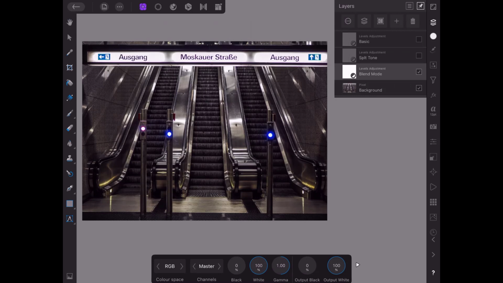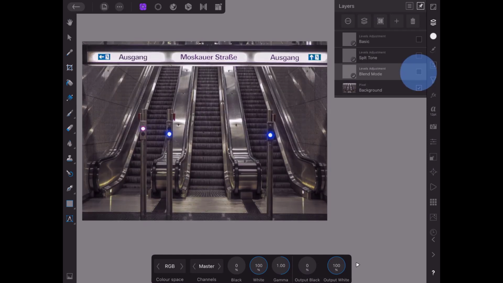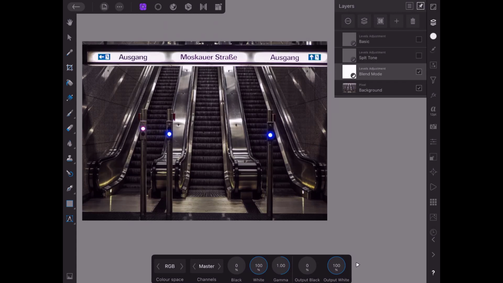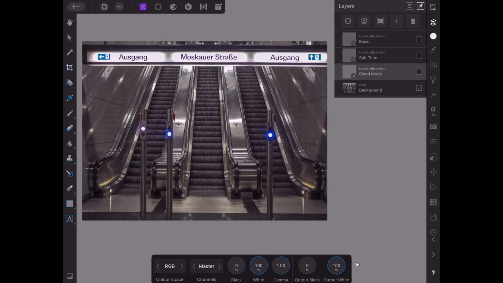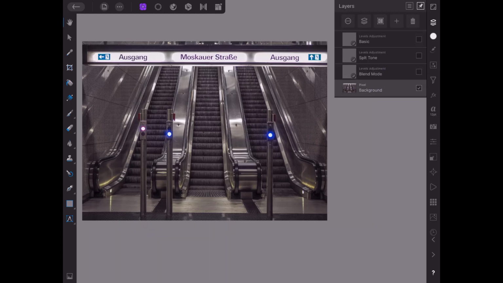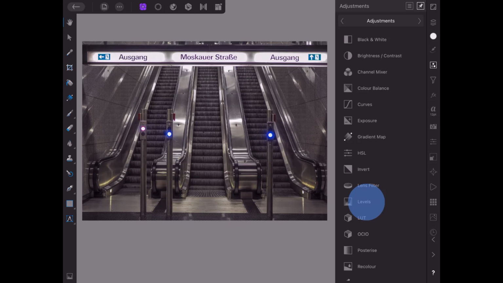So I'm going to leave this on soft light, and then come back to the main layers panel, and I will then turn that on and off. And you could also alter the opacity to tone down that effect, but I will leave that as it is, and then highlight the bottom layer again. In fact, I will turn that effect off. Highlighting the bottom layer, I will then add another levels adjustment,